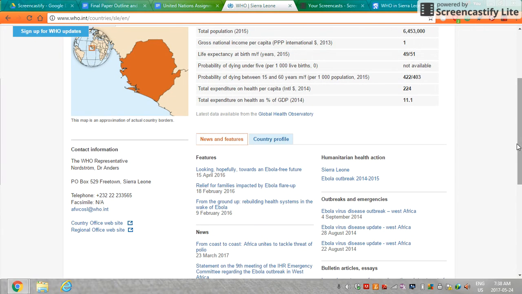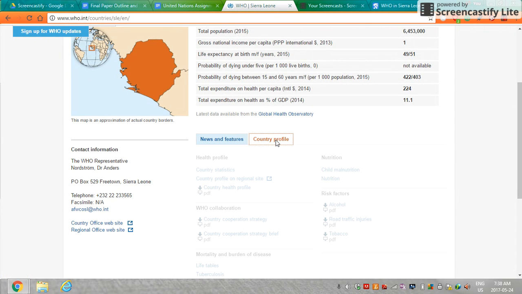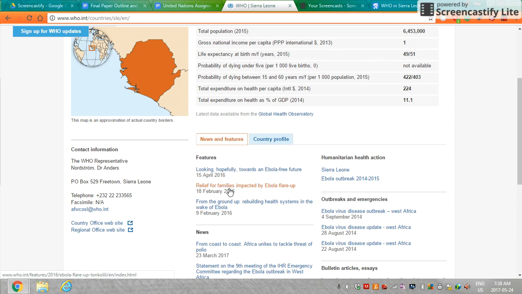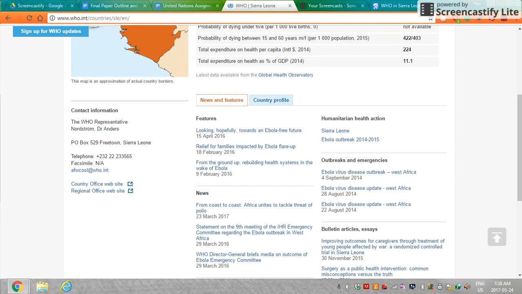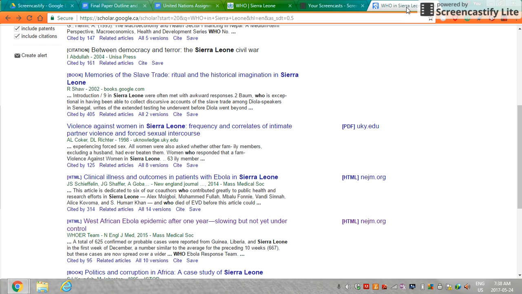As I go down, I can click on country profile. There's lots of stats. There's other articles here I can click on. Okay, you're going to get lots of stuff from the UN. What I want you to also try to do, and this is really key, is to find sources from a third party. Obviously, the UN is not going to paint themselves in a negative light intentionally, right? They're not going to come out with an article saying, "Oh, we did a terrible job." So you need to find sources from a different